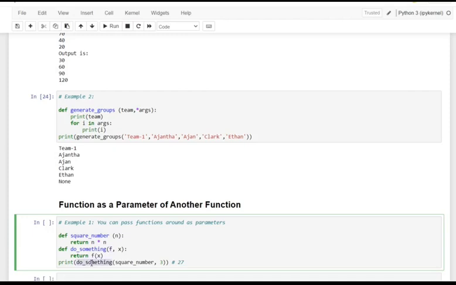And here in do something we have two arguments: one is square number and then 3. This square number is going to be the function call. So this parameter is a call of another function, where we have 3 as the number, and this 3 is going to give the number 3 into 3. That is